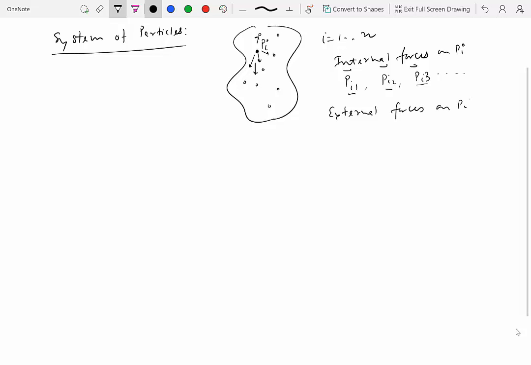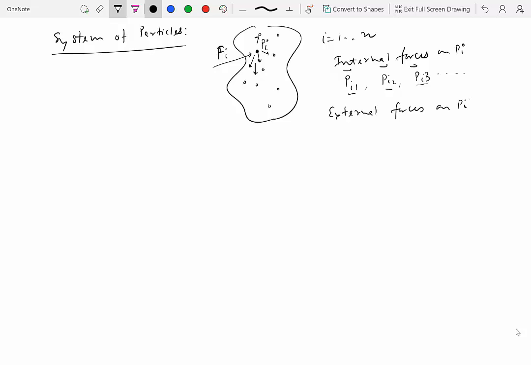on Pi. So what are the external forces on Pi? The forces that are external to the system are the external forces. Let's say we have a force on Pi that we'll call Fi, where F is for external. So Fi is the force that is externally applied to this particle. Now Fi may not necessarily be just one single force. Maybe there are 3 external forces acting on Pi, but we are just going to sum them together